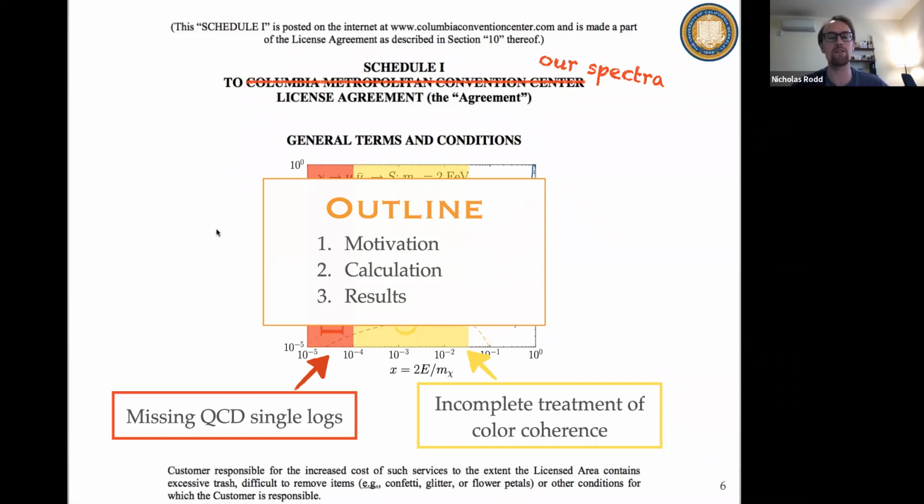And then towards the end, I'll give you more results. I've just shown you one particular dark matter mass for one particular channel. I'll run you through a few of the other ones later on. And in particular, I'll show you how you can get results all the way to the Planck scale, which I think is a bit of fun.